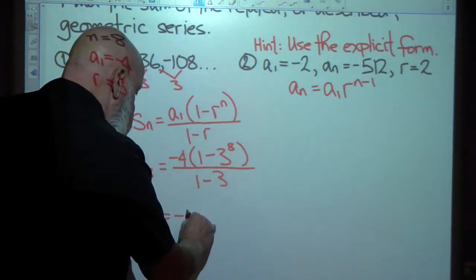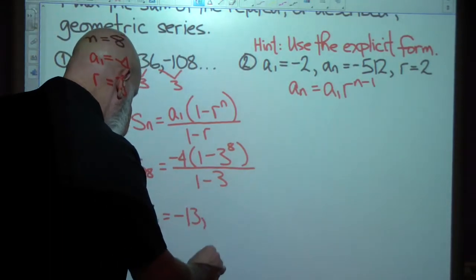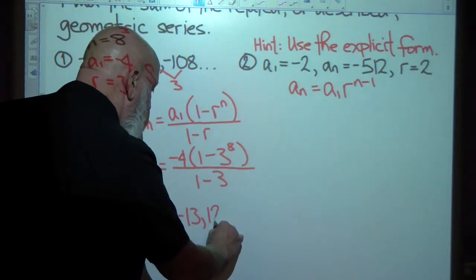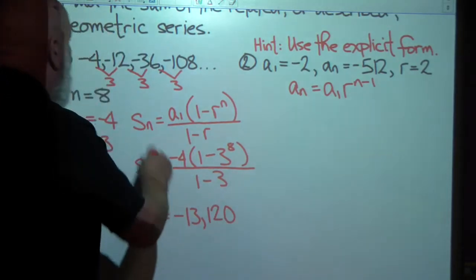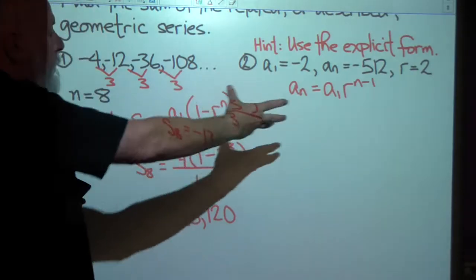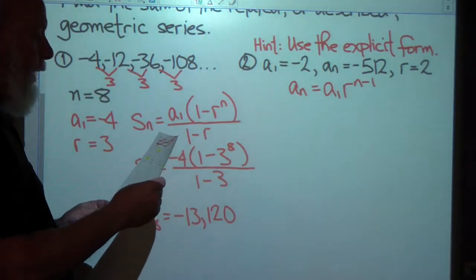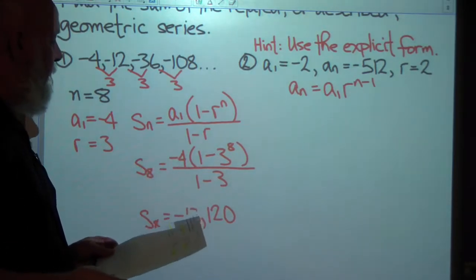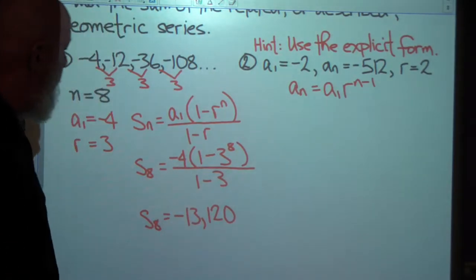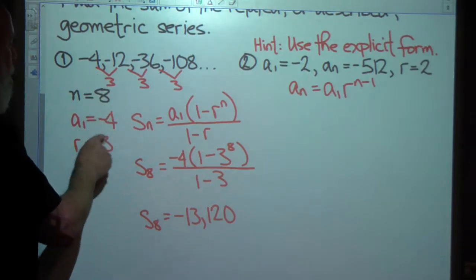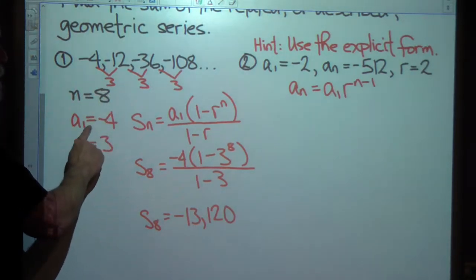-13,120. -13,120 is what we get if this carries out to 8 terms, and then we add all the terms together. And I'm going to check to see if that's right. Negative 13,120, negative 13,120. So yay, we determined, we were given the number of terms, we found the first term